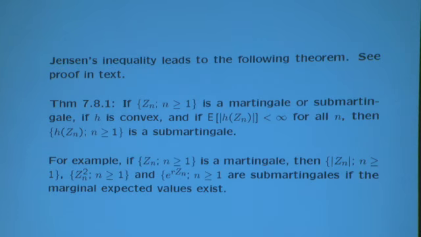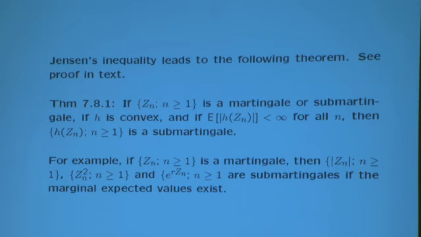It's what I said it was. Okay, Jensen's inequality leads to the following theorem, and I'm not going to prove it here in class. It's one of those theorems which is sort of obvious and not quite. So if you want to see the proof, you can look at it, or you can just believe it. If z sub n is a martingale or a submartingale, and if h is convex,